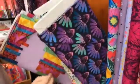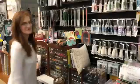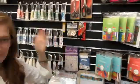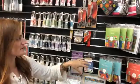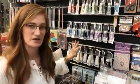That classic cone flower. And we love to do a lot of handwork here, so we carry a variety of wool. We'll show you some more wool in a minute. And we've also gotten into sashiko, so we have all the sashiko threads from,